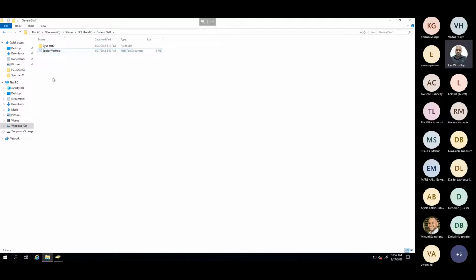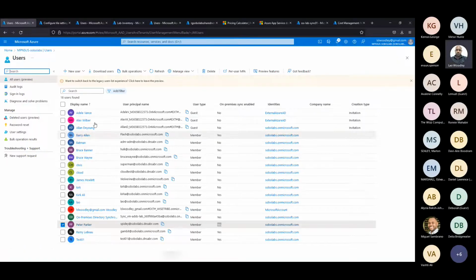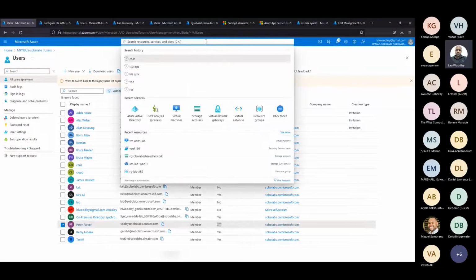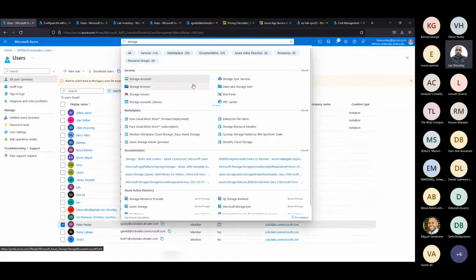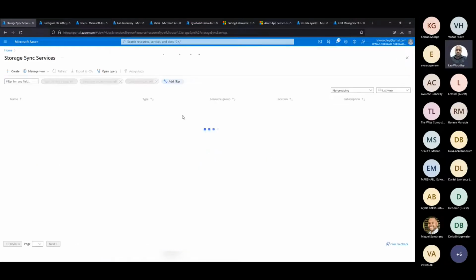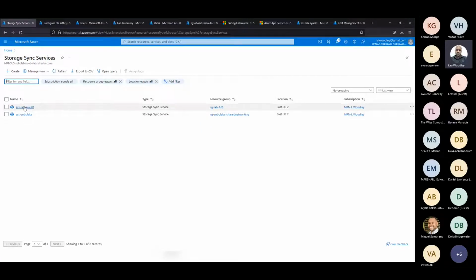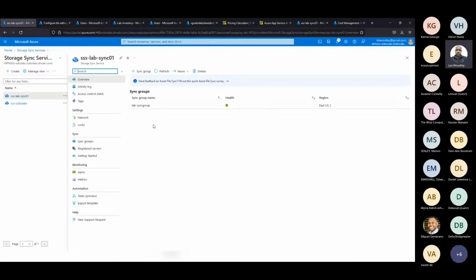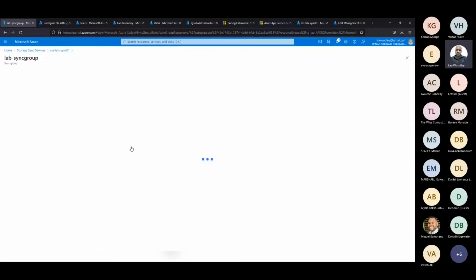So what we'd like to do is show that on the cloud side, there's equal architecture. All right, so we go over to the cloud environment. Let's look for the storage sync service. We find how our Azure File Sync is configured. It uses the storage sync service. We go over to the sync service here. We see that our sync group is green, it's healthy.